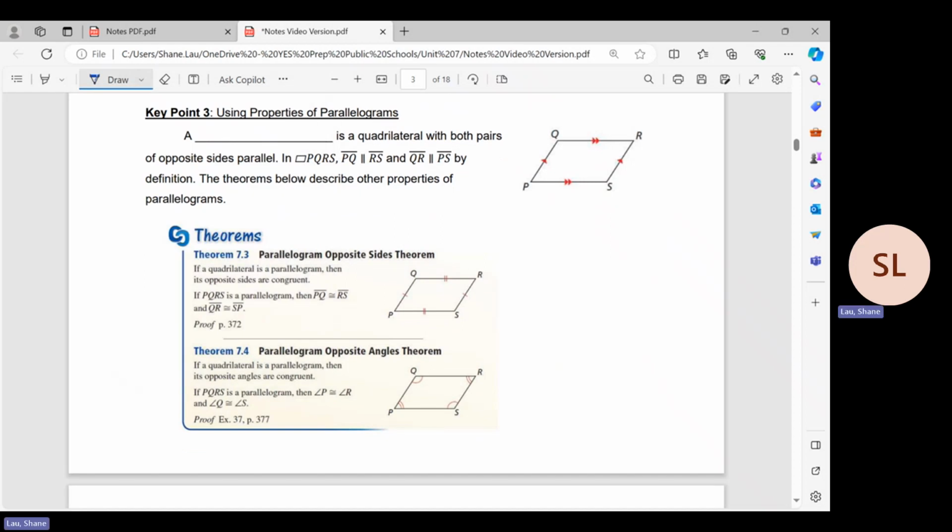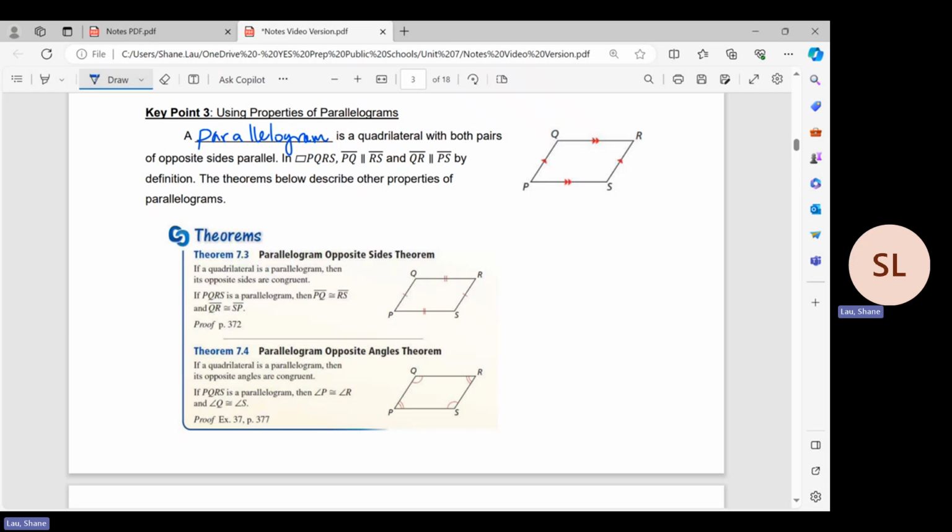Key point 3: a parallelogram is a quadrilateral with both pairs of opposite sides parallel. You can read this symbol as a parallelogram or as a quadrilateral. Because it's specifically saying parallelogram, you might want to just call it parallelogram. And I just realized I also spelled parallelogram wrong. There we go. In parallelogram PQRS,